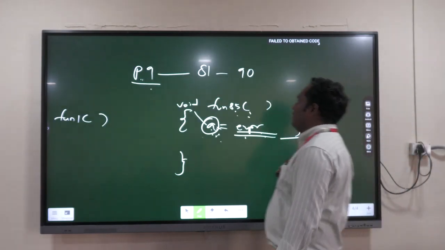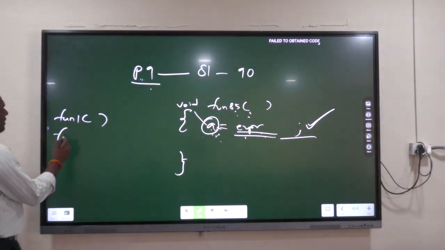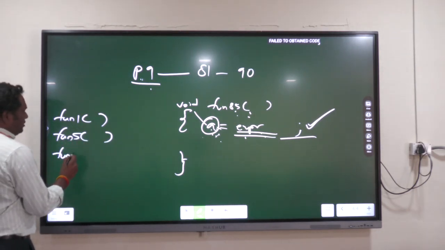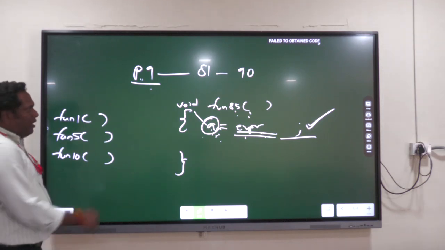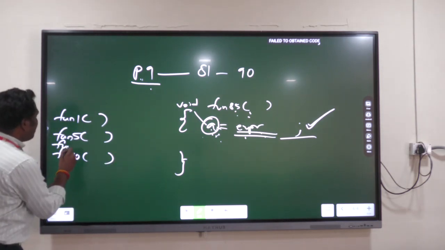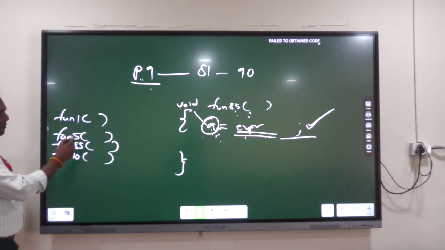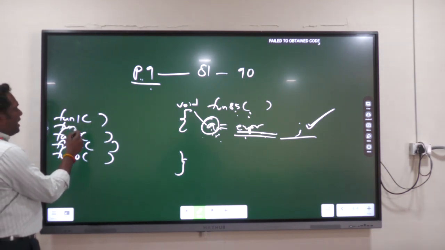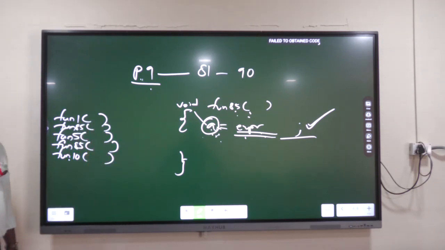So, when I am calling the functions in this particular order, function 1 followed by function 5 followed by function 10, we will get the correct output. But fortunately or unfortunately, if this function 85 was included in between these function calls, either in between function 5 and function 10 or in between function 1 and function 5, if I am including this particular function call,